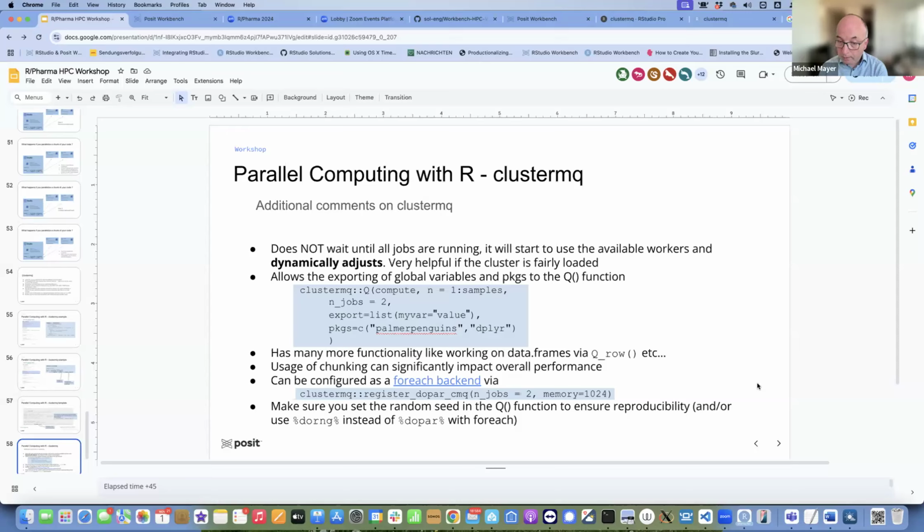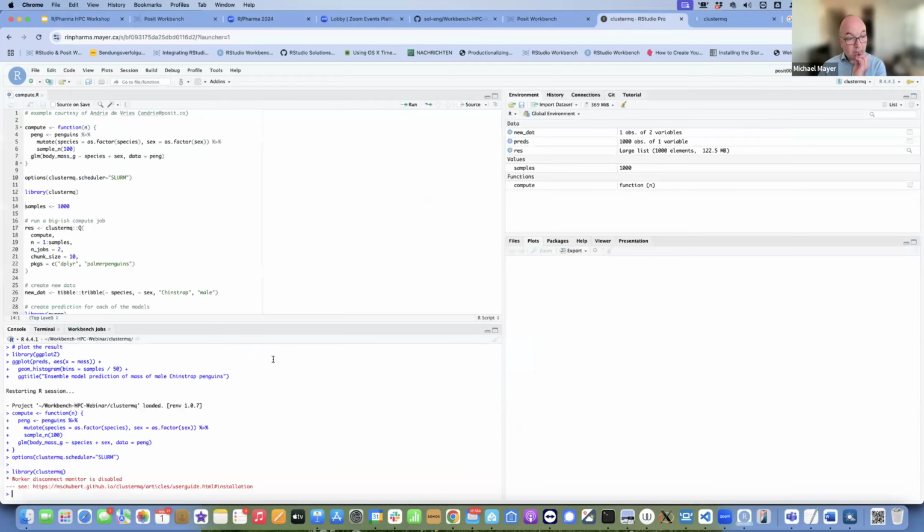That means ClusterMQ will spawn 2 worker processes that can run on node X and node Y, and when foreach comes along with all its work, ClusterMQ will distribute it over those 2 nodes. And I think if you go back to this little example here,